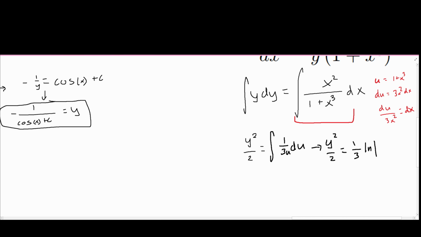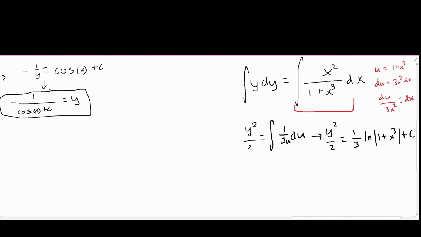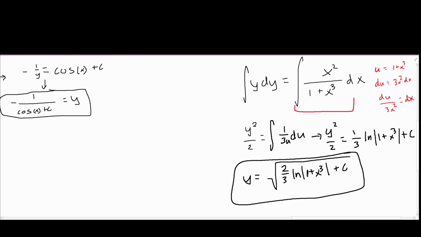Remember that u is equal to 1 plus x cubed, which we have to sub back in since we did not start with u. And whenever we integrate, we always have to have a plus c if we do not have bounds. Doing this, we can multiply everything by 2 and then square root the entire right-hand side to get rid of the square on the left side. So our final answer is y equals the square root of 2/3 times ln of 1 plus x cubed in